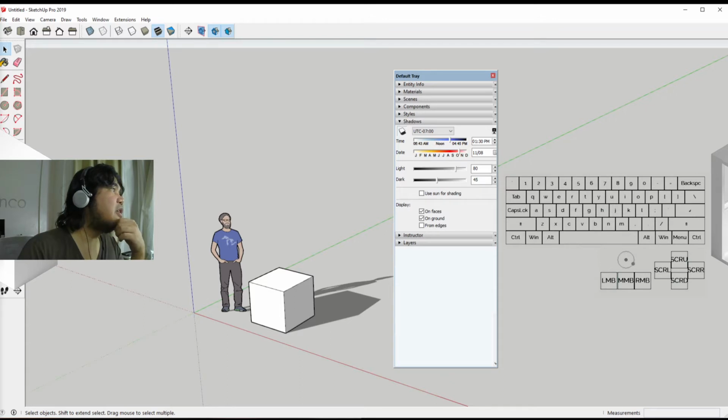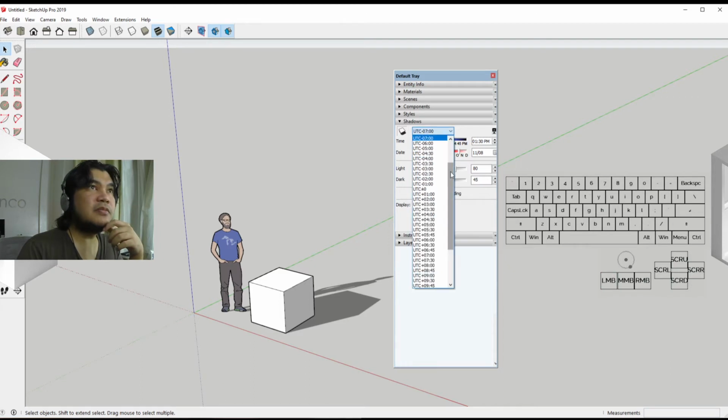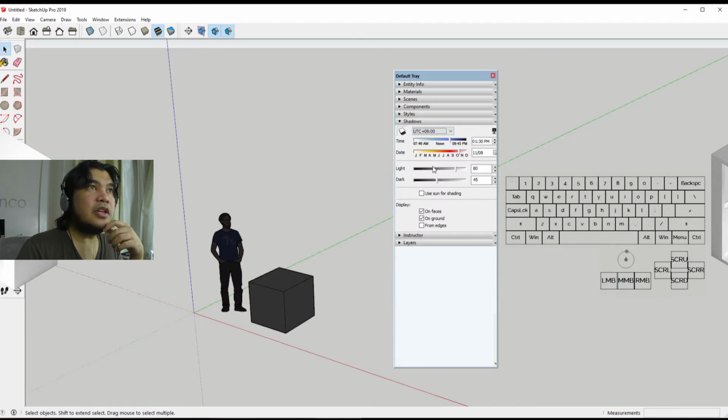So we are 8 hours ahead of standard. So it's +8 UTC. Right. So as you can see, if it's 1:30 in October, if we just use that, you can see that we don't really get any shadows here,